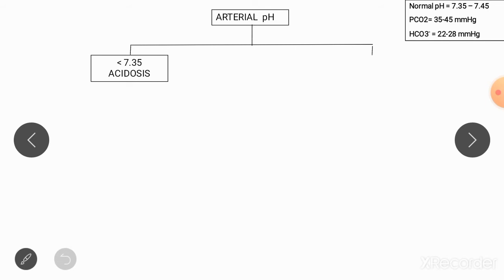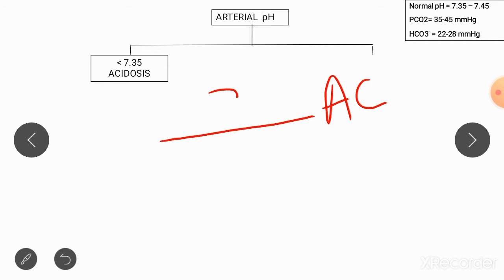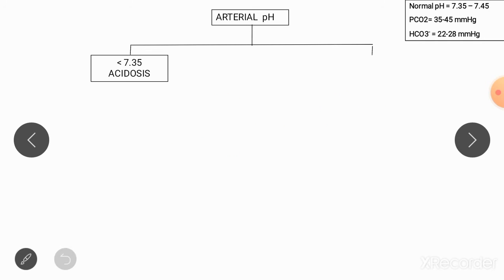Suppose the pH which is given to you is less than 7.35, you're immediately going to understand, oh, this person is suffering from acidosis. So now you know half of your answer. You know this person is suffering from acidosis. The only thing that is left to determine is what kind of acidosis. So write half of your answer at the side of your paper and you will understand that this person is